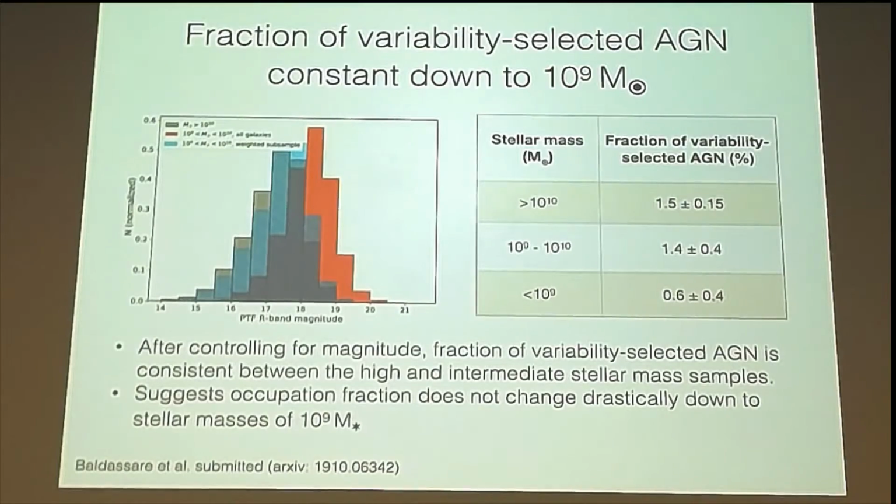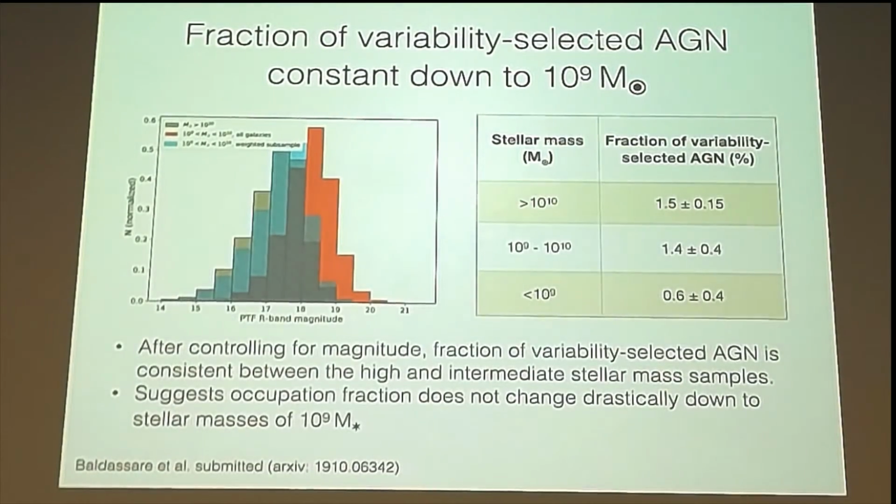Okay, so in order to make a proper comparison, I needed to construct samples that had similar apparent magnitude distributions. In the plot on the left, I'm just showing the magnitude distributions of various samples of galaxies. The gray histogram is showing the apparent magnitude distribution for high mass galaxies. The red histogram is showing the apparent magnitude distribution for galaxies between 10 to the 9 and 10 to the 10 solar masses. And then what I did was draw subsamples from that